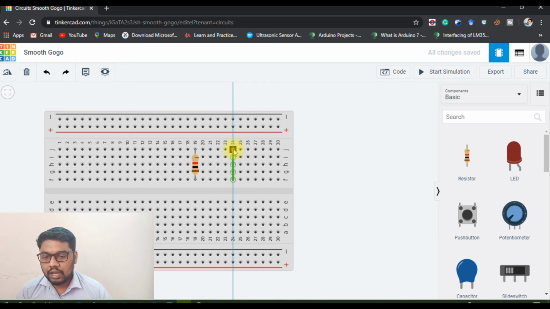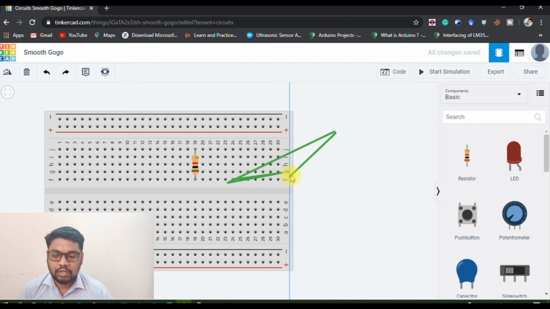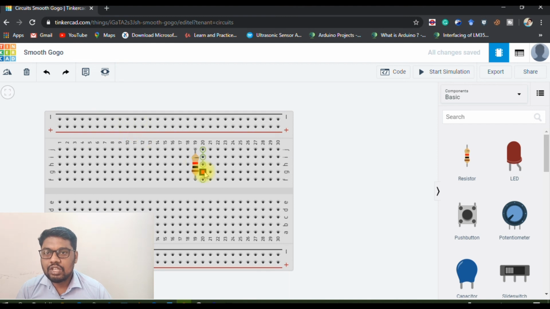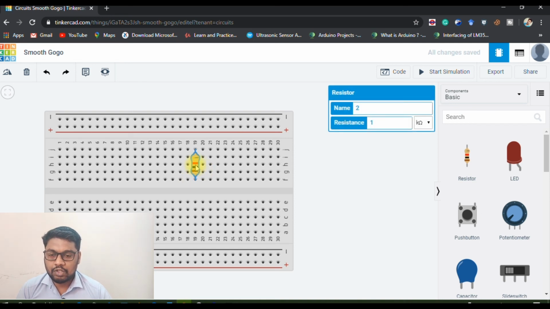In practical terms, this is short circuited because both ends are connected in the same line, so it will get short circuited, right? So this is not a practical way to connect a resistor in a breadboard.